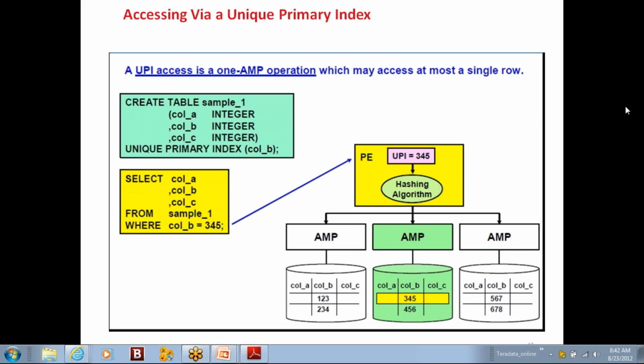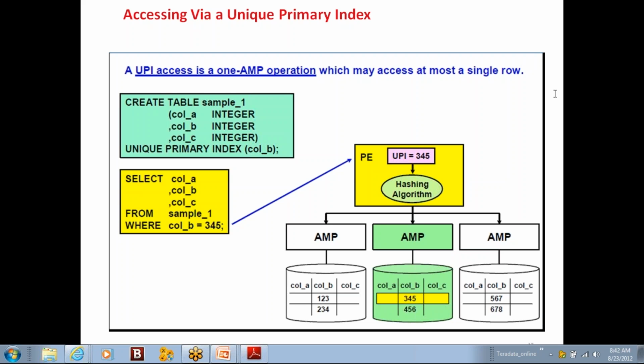And next question, can we have a primary key and foreign key in the Teradata table? Yes, obviously, because Teradata is an RDBMS, which is ANSI compliant. So yes, we can have a primary key and foreign key also. But as Teradata is used for data warehousing databases, most probably we don't implement primary keys and foreign keys, but we have primary indexes and secondary indexes more. But yes, if you want to impose referential integrity across the tables, primary keys and foreign keys can be created on the tables.